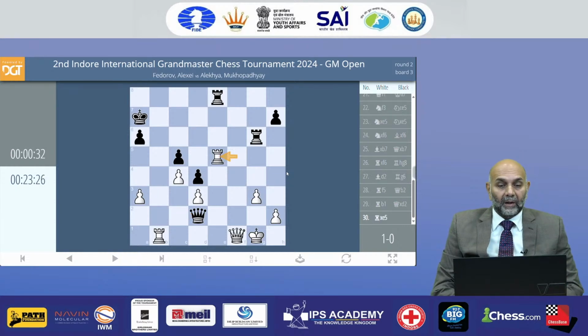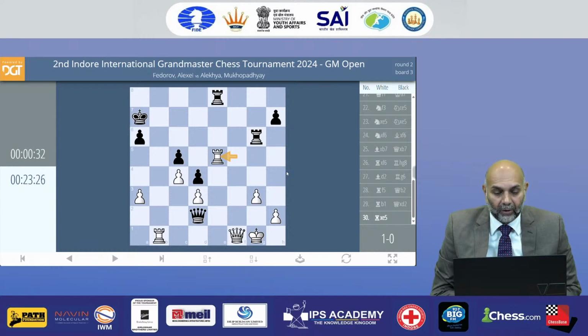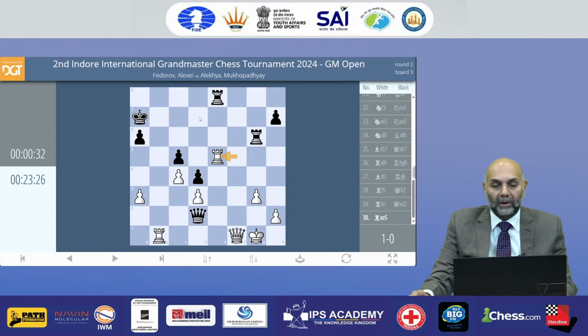White has given up the bishop, taken a knight, so material is equal, but black can be a rook up in one move. The white rook is weak, and yet in this position black resigned. Can you find out what happens in case black takes the rook and black wins? Black is exchange up. Black is a rook up if black takes, but the king is weak and white queen could penetrate to f7, after which the queen could really go to f7 and deliver a checkmate at b7.